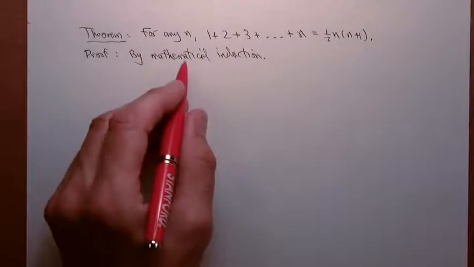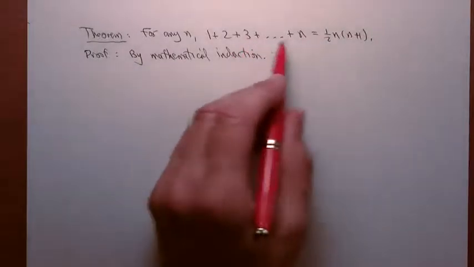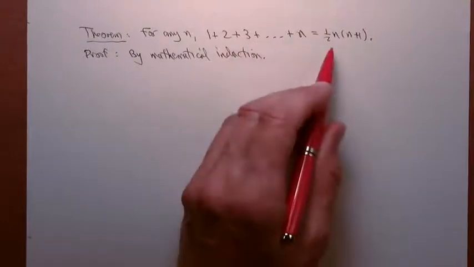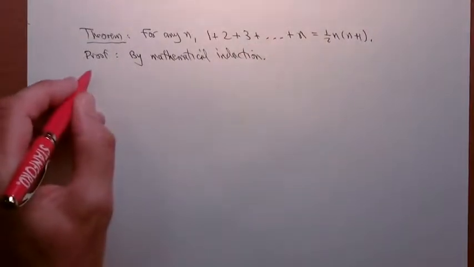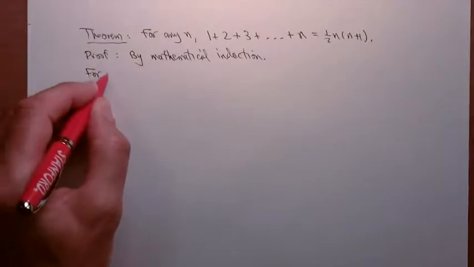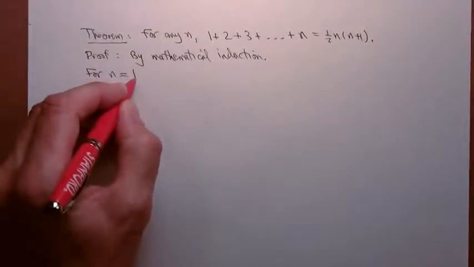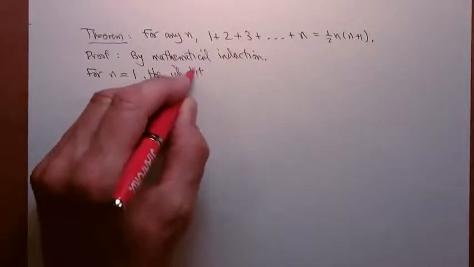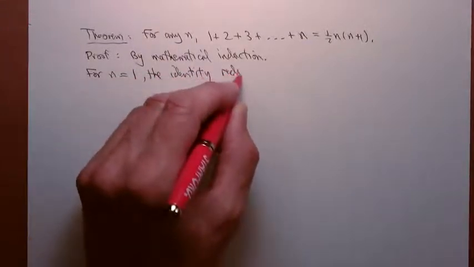Well, I have to do two things. I have to show that this is true when n equals 1, and then I have to show that if it's true at n, it follows at n plus 1. So the first step is to say that for n equals 1, the identity reduces to,